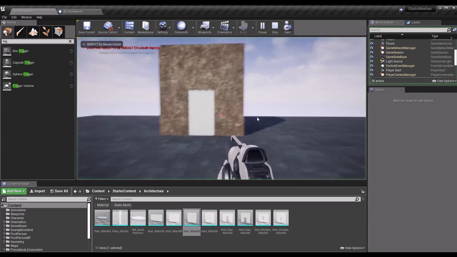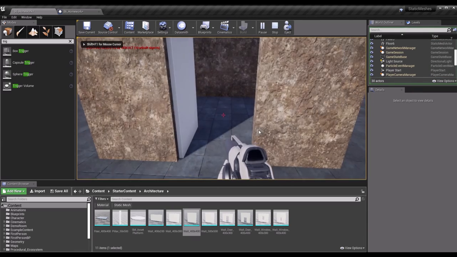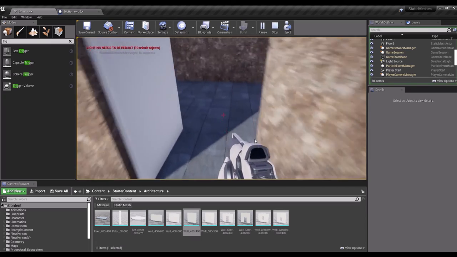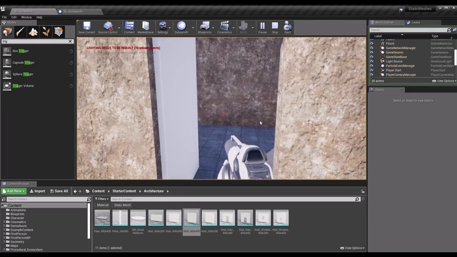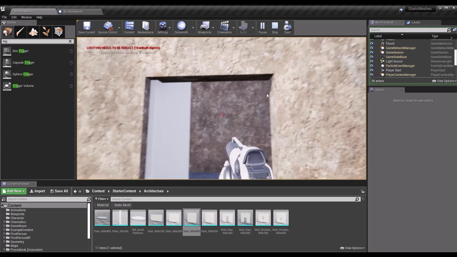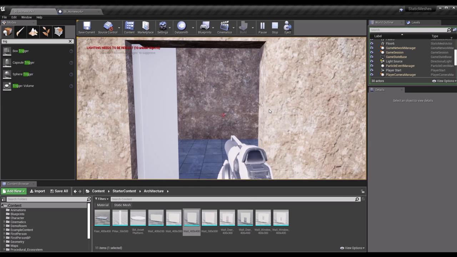Yes. As soon as I enter the trigger volume, it's opening, but it's opening suddenly. What we need is opening the door slowly and just like an animation, but we're gonna make that in